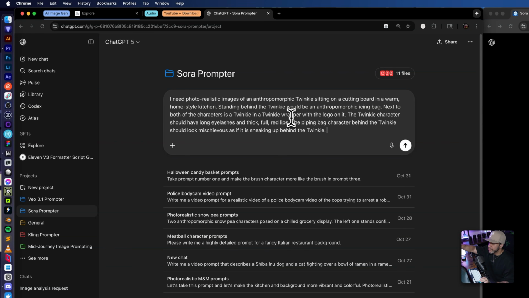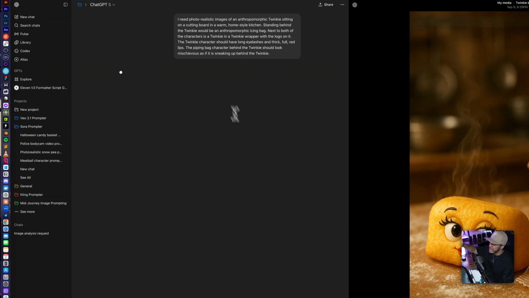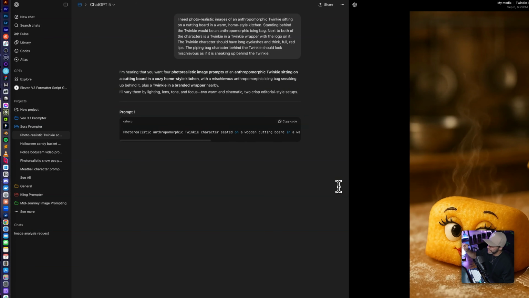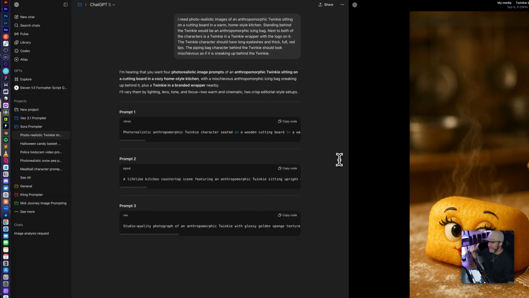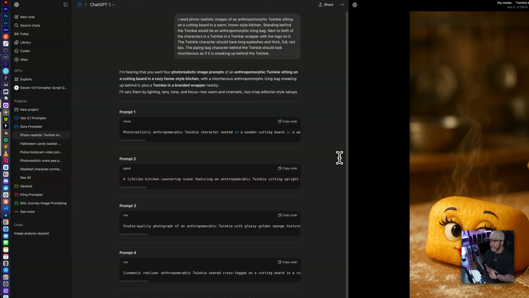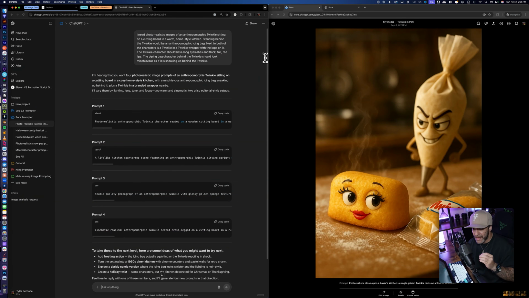All of that gets transcribed. Boom, we hit enter. The prompter goes to work. And what this prompter specifically is going to do is give me 4 different variations of this prompt. Then I can run all 4, and usually one of them will stand out amongst all of them. And I will then further iterate based on what I see, exactly like I just spoke that